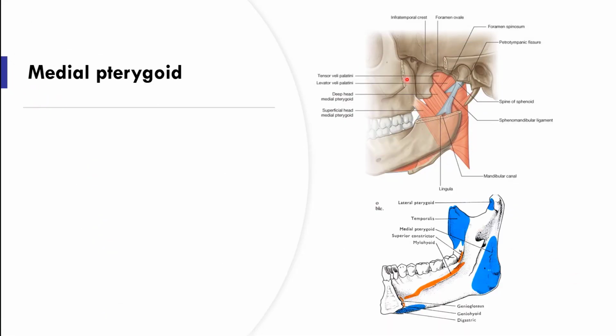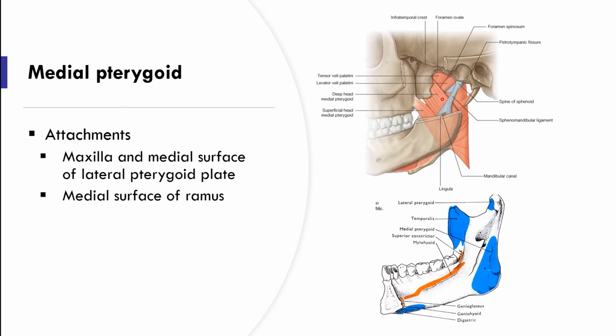So here it is after removal of the lateral pterygoid. We can see here again it is having two heads, superficial and deep heads of medial pterygoid. So the superficial head is taking origin from the maxilla, and the medial, deep part is taking origin from the medial surface of the lateral pterygoid plate. So the medial pterygoid plate is not coming into play here. The lateral surface is giving origin to lateral pterygoid, and the medial surface of the lateral pterygoid plate is giving origin to medial pterygoid. And its insertion, it is going down and laterally, inserting on the medial surface of the ramus of the mandible very near to the angle here.